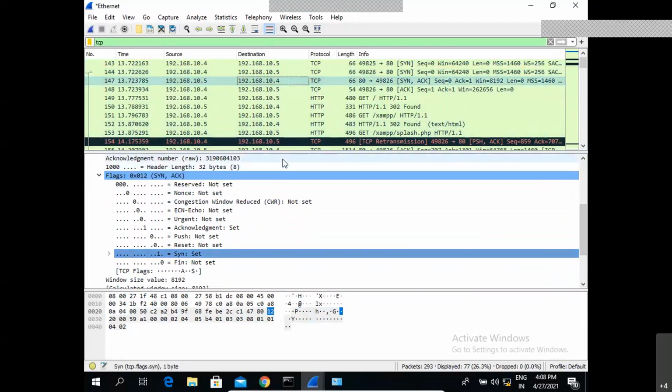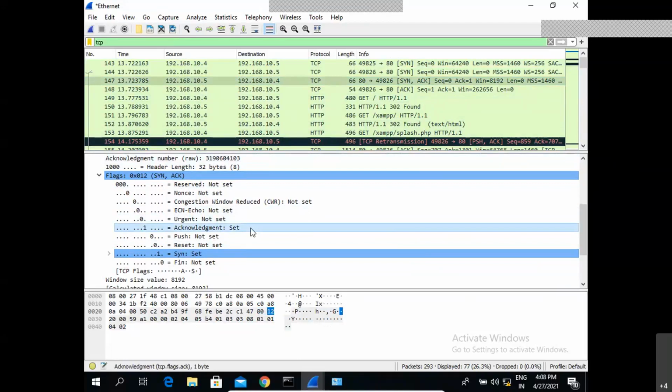Here both the SYN as well as the acknowledgement flags are set to 1, right? So this is the second packet. The first packet I initiated using SYN, and in the second packet, along with the SYN, I'm receiving acknowledgement from the destination.